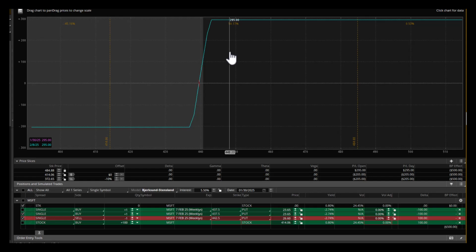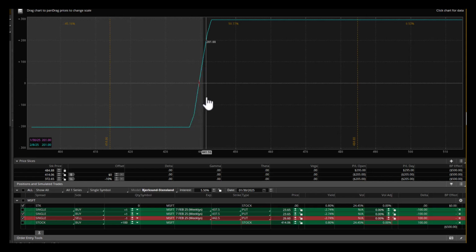If Microsoft drops below 437.50, we're going to lose the full amount of the trade, which in his case was the $4. You're trying to make a dollar, potentially losing 4 on the way down, which is going to be your maximum loss. But the good news is he had that 437.50 put, which prevented a much, much larger loss, would have been another $20 or so in terms of the full loss. So it did limit his downside. So it was a very, very smart play in the end.